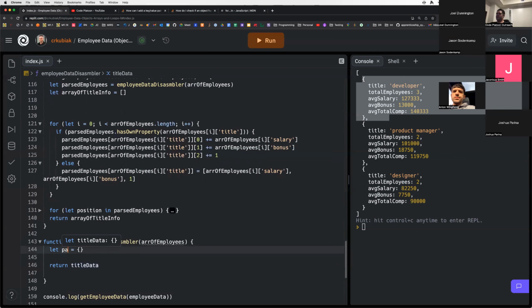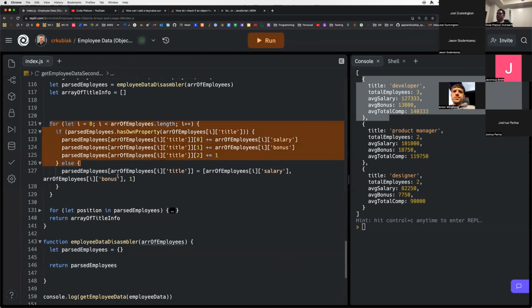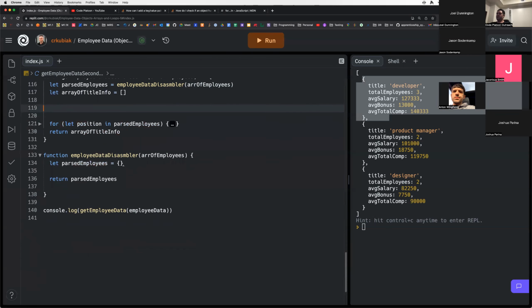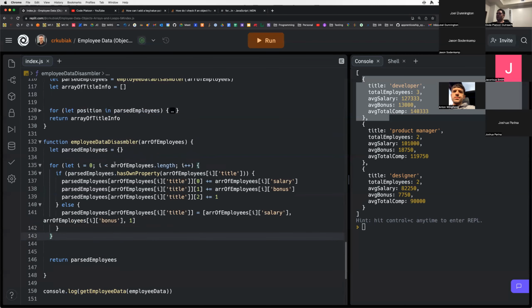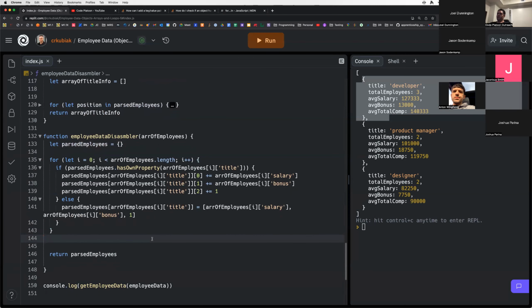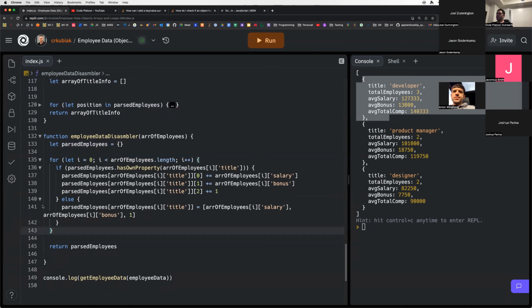So we're going to call this parsed, please. So that way I don't have to rename everything here, right? And we'll go ahead and grab all of this. Right, and so now we can return this out of here, and because we're calling everything the same,